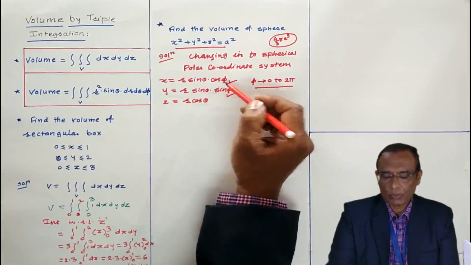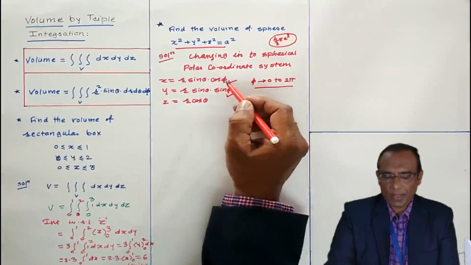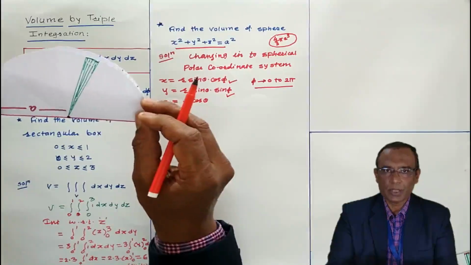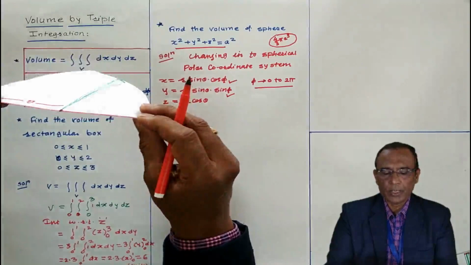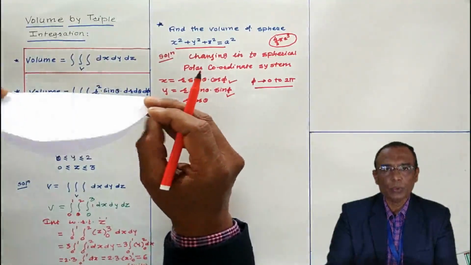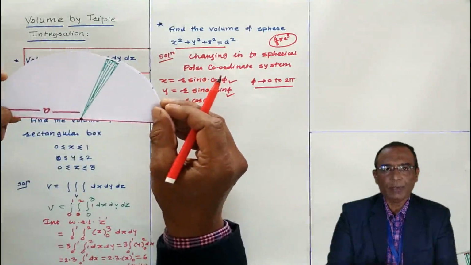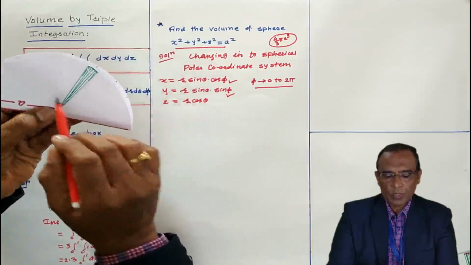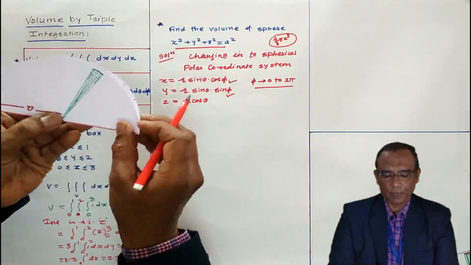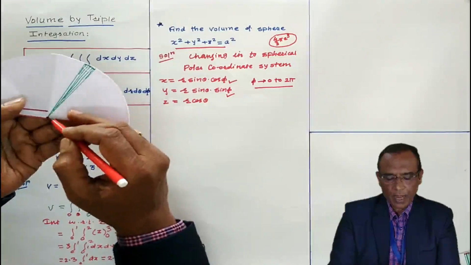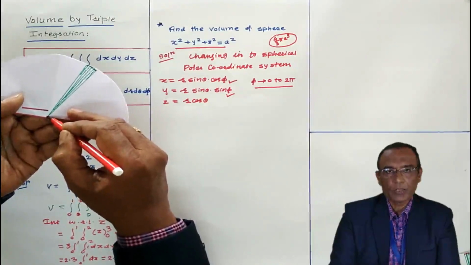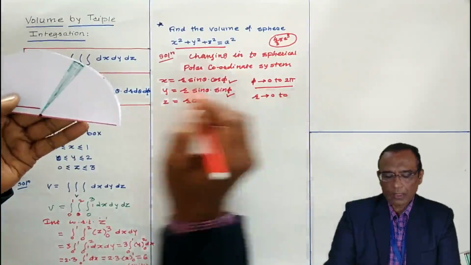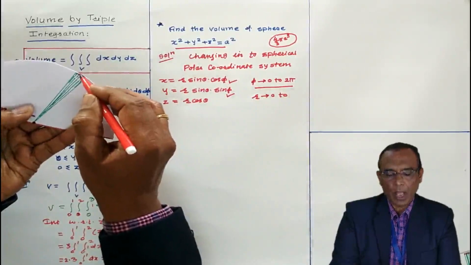Where theta I told you what is theta, where phi I told you what is phi. Phi varies from 0 to 2 pi. Using this semicircular plane, we rotated it through 0 to 2 pi and we covered the whole sphere. Now this much portion also we have to cover. I am taking here a radial strip, and at the initial end of the strip r is 0 and at the terminal end of the strip r is a.